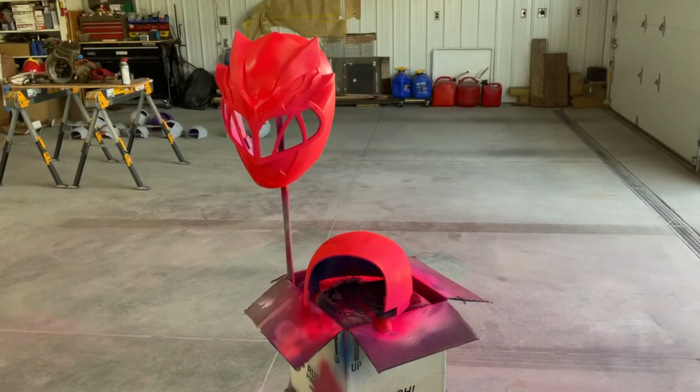Okay, I might leave that be. There's a couple places where it didn't cover very well. That's where the silver's going to be. So I don't think it's that big of a deal. We've got one little run on the back and one on one of the spikes. But other than that,